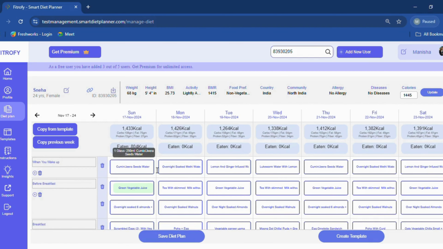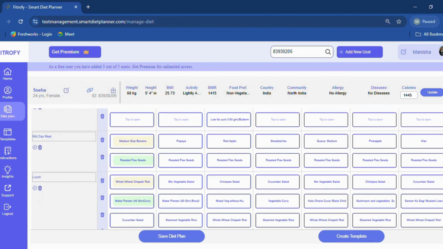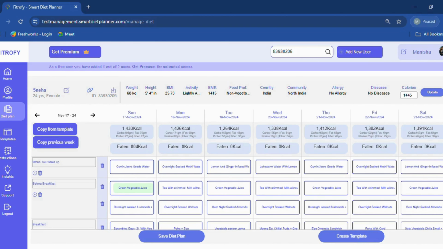And if you will see, these are the calories that have been eaten by the client. And if you click on this box, there is one black box also which tells you the macros that the client has consumed. So the green color represents a green Nutri-Score box. The light yellow color shows it's an average choice. On the color basis and the colored boxes basis, you can understand whatever the client is eating, the portions they are eating, and the total calories that have been consumed by the client.